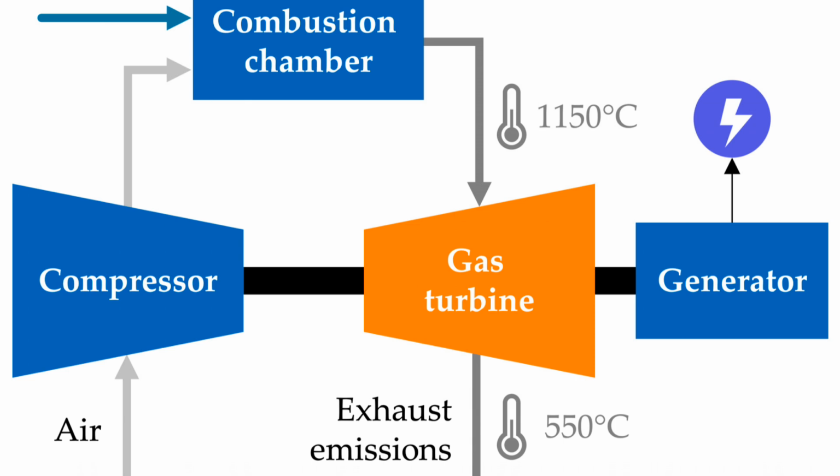Means some mechanical power is supplied to the generator, and in the generator this mechanical energy is converted. Okay, here you see this is the shaft of the turbine. This shaft of the turbine is connected with the generator. So when the shaft is rotated, the generator is also rotated, and the generator produces electricity, and then this electricity is supplied to the grid or wherever it is required. Okay, so this is the basic working principle of the gas turbine power plant.